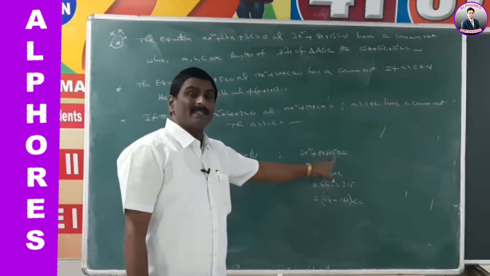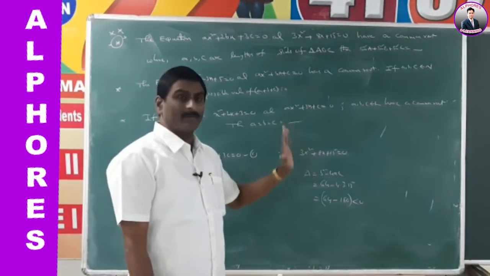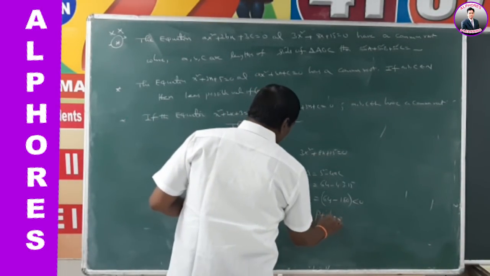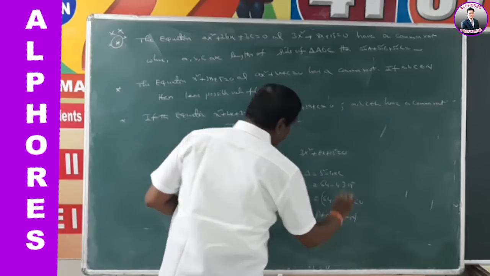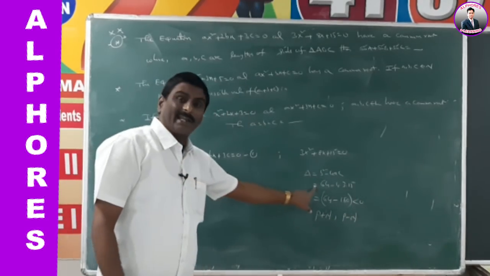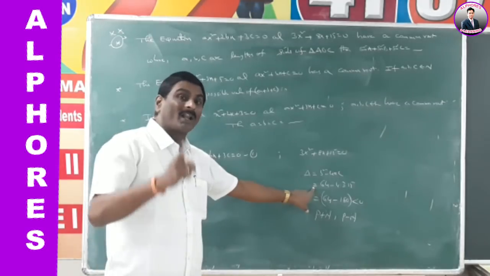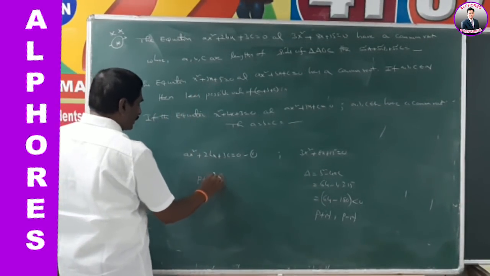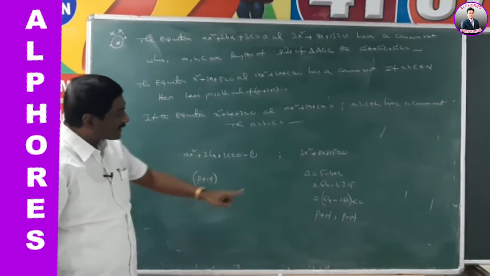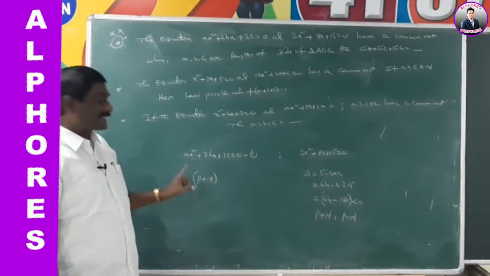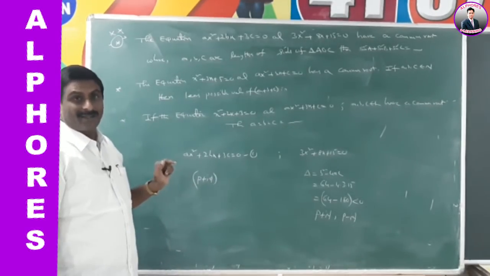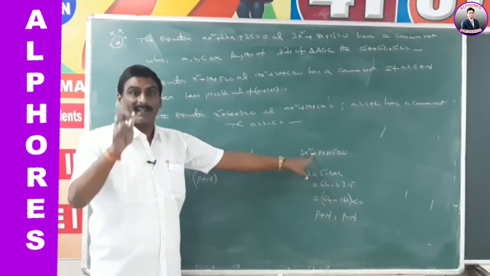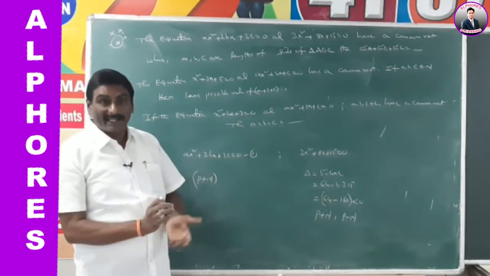the coefficients A, B, C are real numbers. Here A, B, C are real numbers and delta is less than 0. So, if one of the roots is p plus iq, another root must be p minus iq. But these two quadratic equations have one root in common. Suppose p plus iq is the common root, then definitely p minus iq is also common, since imaginary roots are obtained pairwise. That means these two quadratic equations have identical roots, that means both roots are in common.